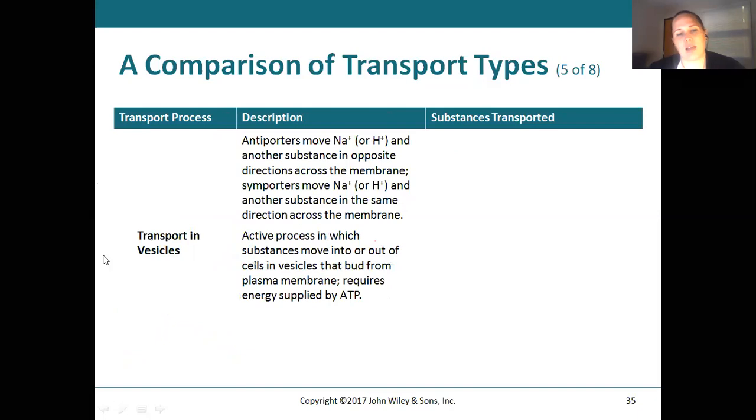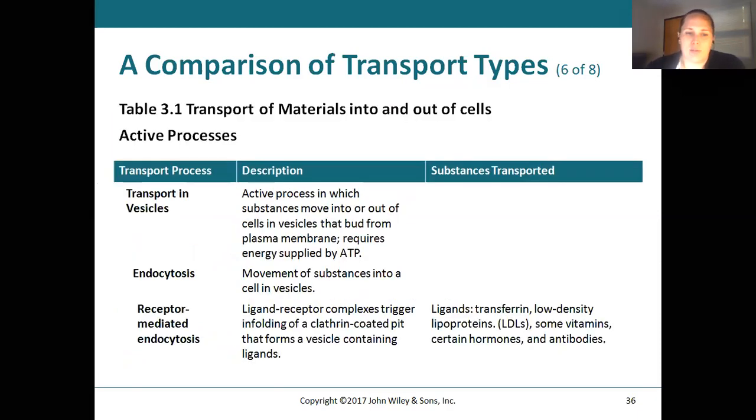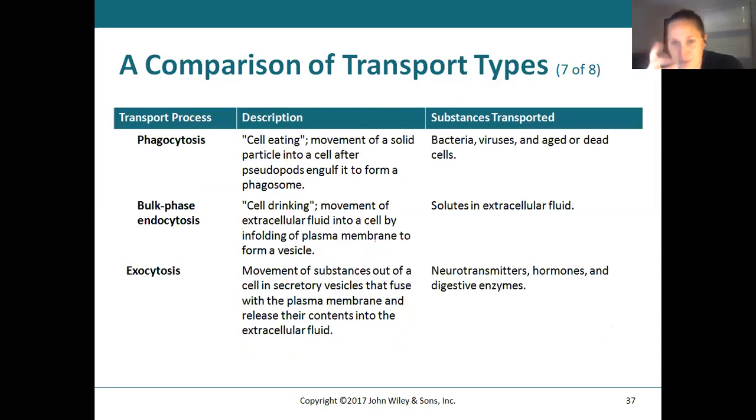Okay, and lastly, we talked about transport in vesicles, moving these large substances into or out of the cell. And we talked about endocytosis, receptor-mediated endocytosis. Again, vesicular transport, I don't think we necessarily need to go through every step of the process in depth, but just recognize that something binds to a receptor, it gets brought into the cell, into its own little vesicle, and that vesicle can either be degraded or it can be recycled back up to the surface of the cell. Phagocytosis,